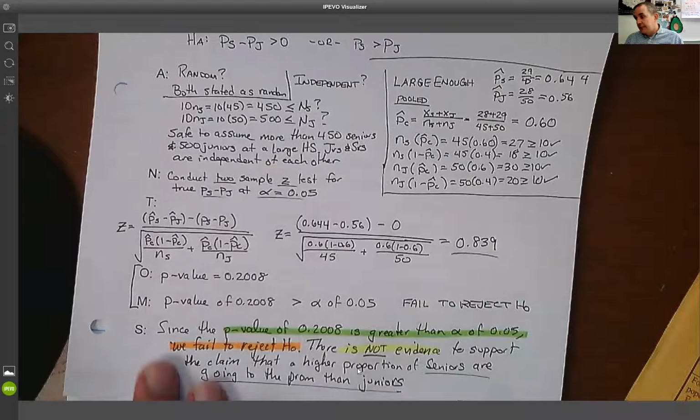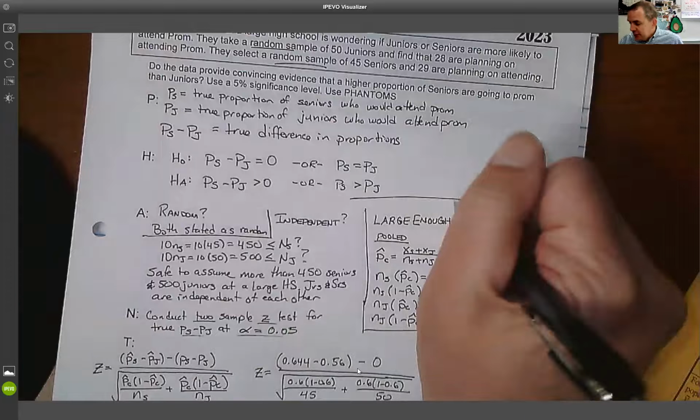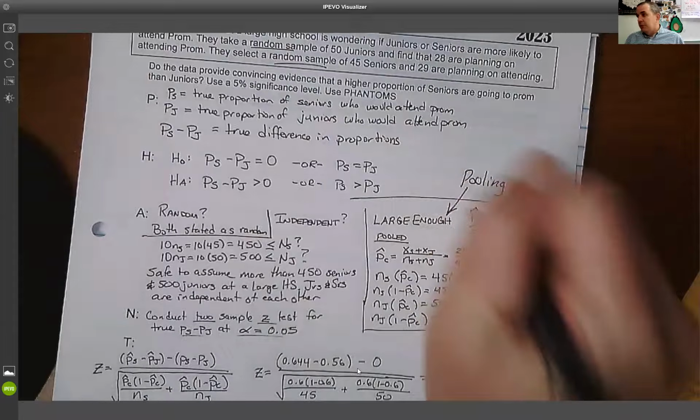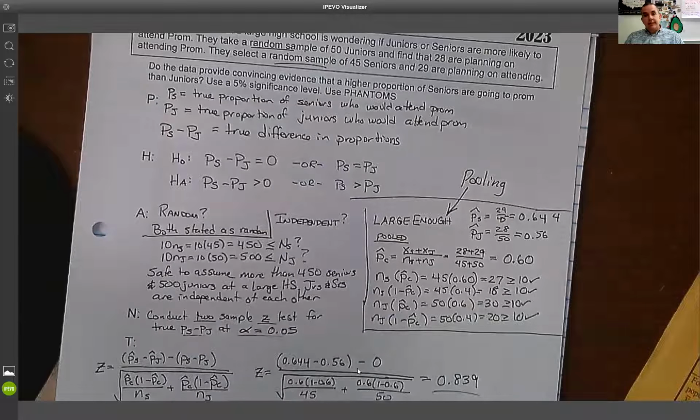But this is what a two-sample test looks like. And again, the big difference is this idea right here. This pooling is something that we need to keep track of, and that is for two-sample proportion tests. That's it. Nowhere else are we going to do this. So the easiest way I want to show you is,